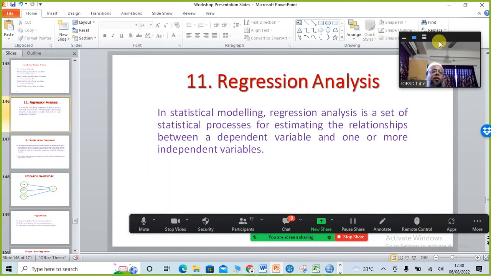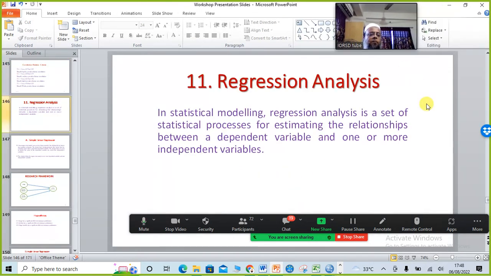Okay, now the last one is the regression analysis. Okay, regression analysis, what does regression analysis mean? What is the meaning of regression? There are a lot of